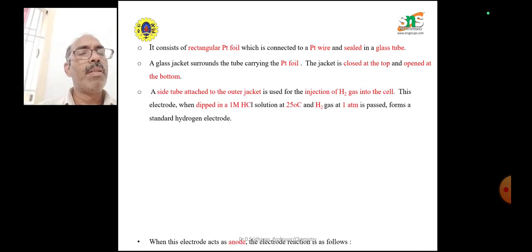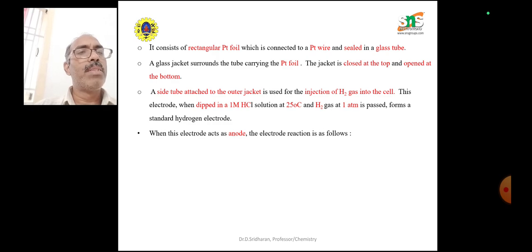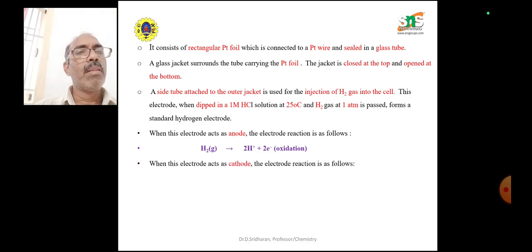It consists of a rectangular platinum foil which is connected to a platinum wire and sealed in a glass tube. The glass jacket surrounds the tube carrying the platinum foil. The jacket is closed at the top and open at the bottom. A side tube attached to the outer jacket is used for the injection of hydrogen gas into the cell. This electrode is dipped in a 1 molar hydrochloric acid solution at 25 degrees Celsius, and hydrogen gas is passed